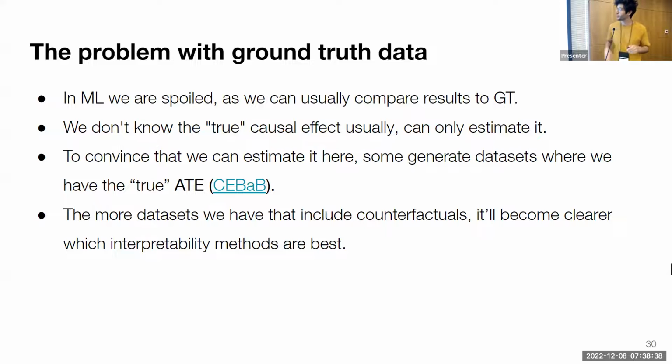All right, so we're now left with the central problem that is obviously usually not thought about in the interpretability literature. We're kind of spoiled in machine learning, right? We're very used to building a bunch of models that don't have to have any guarantees because the only thing we care about is some accuracy metric on a held out test set, right? We have some model, it has some accuracy on a test set. We can take another one and just compare numbers. And if one number is larger than the other, then we say, cool, we have a new state of the art. The problem with causal estimates is we don't know the actual true effect, right? We never observe the same exact person that did not receive the treatment. This is never revealed to us. And this is the fundamental causal problem.